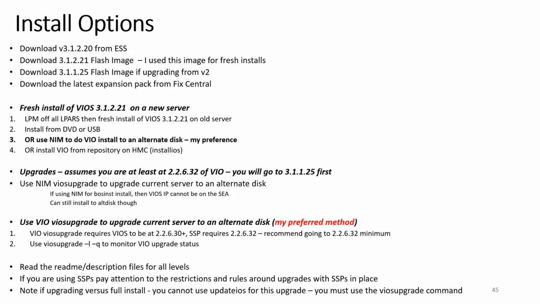When you're changing versions, as I said earlier, you need to use VIOS upgrade, and it will require an alternate disk. And there are some minimum required levels before you can do that, which for me is 2.2.6.2 minimum. You can use